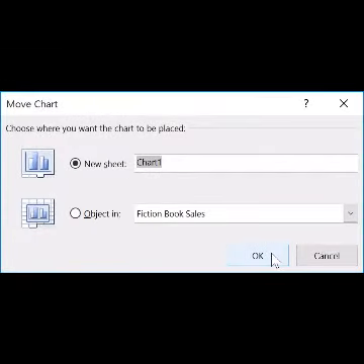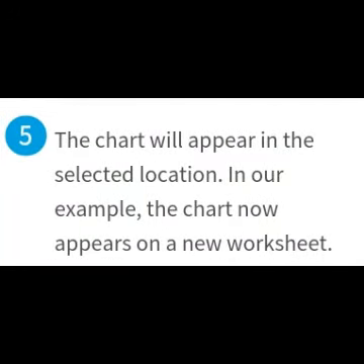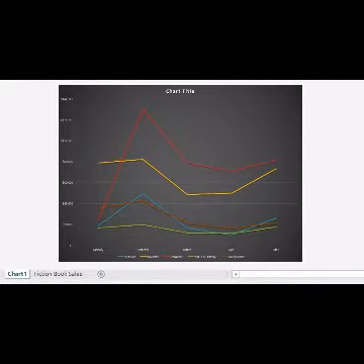This is the Move Chart dialog box. The chart will appear in the selected location. Chart appears on a new worksheet.